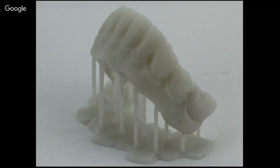And you'll actually very soon be able to do even the final restoration in Blue Sky Plan. So this happens to be a little temporary hybrid that was generated in ExoCAD, actually. And the reason I'm showing it is the principle's the same, whether you design this in ExoCAD or in Blue Sky Plan, but you can print this out of a monolithic material. So in this case, it happens to be NextDent's new